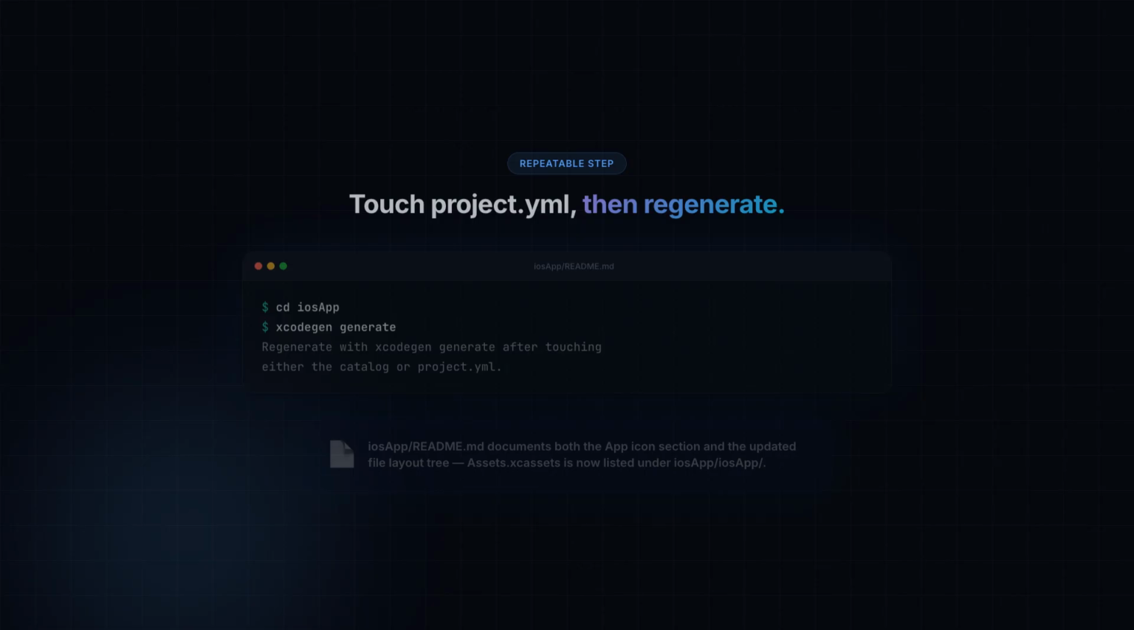The regeneration step itself is one command, already documented in iosApp/README: cd iosApp, then xcodegen generate. The README setup instructions already told you to run this after cloning. The new AppIcon section just adds a reminder that touching either the catalog or project.yml means running it again before the project file reflects your change. The README also gets its file layout tree updated. Assets.xcassets now appears listed under iosApp next to iOSApp.swift, ContentView.swift, and Info.plist, with a short note that it holds